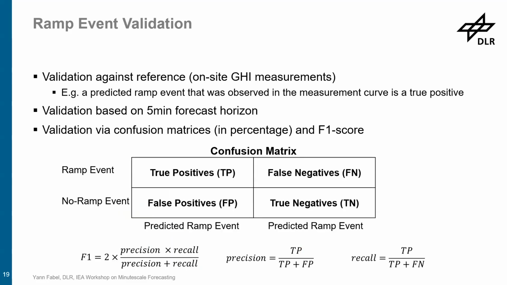We validate this against on-site measurements from GHI. So if a predicted ramp event was also observed in the measurement curve, then we have a true positive. As I said, we use only 5 minutes as a forecast horizon because that's currently the limit of the diffusion model. And we use those confusion measures, as you can see here, and also the F1 score, which is a combination of precision and recall,